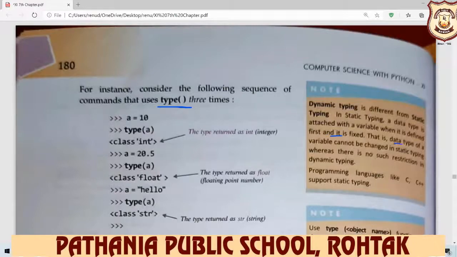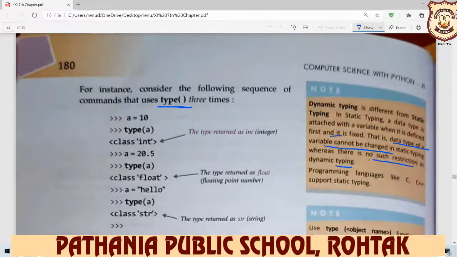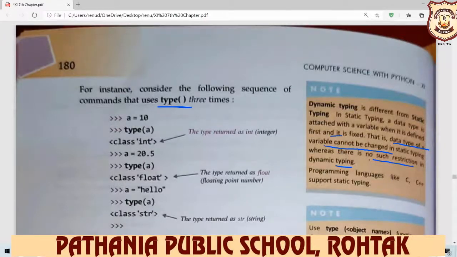That is, the data type of a variable cannot be changed in static typing, whereas there is no such restriction in dynamic typing. In dynamic typing, you change your assigned values, but in static typing, you don't change your values. So type is, like print, a method.